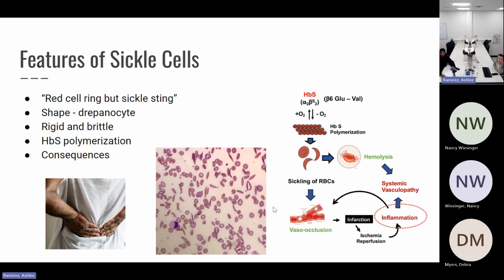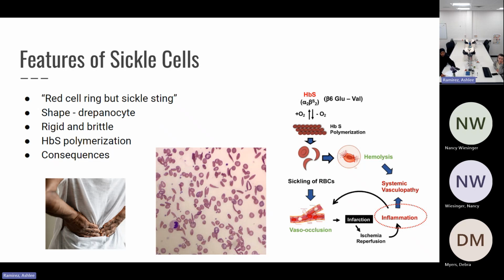On a peripheral blood smear, as you can see here, there's a lot going on, but we see the drepanocytes, which are the sickle-shaped red cells. We see polychromatic red blood cells. We can also spot some target cells, and sometimes you can also see Howell-Jolly bodies in patients with sickle